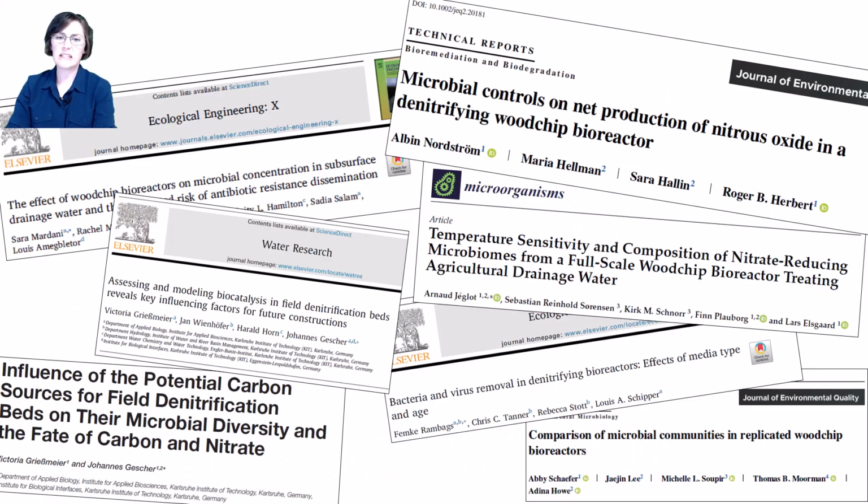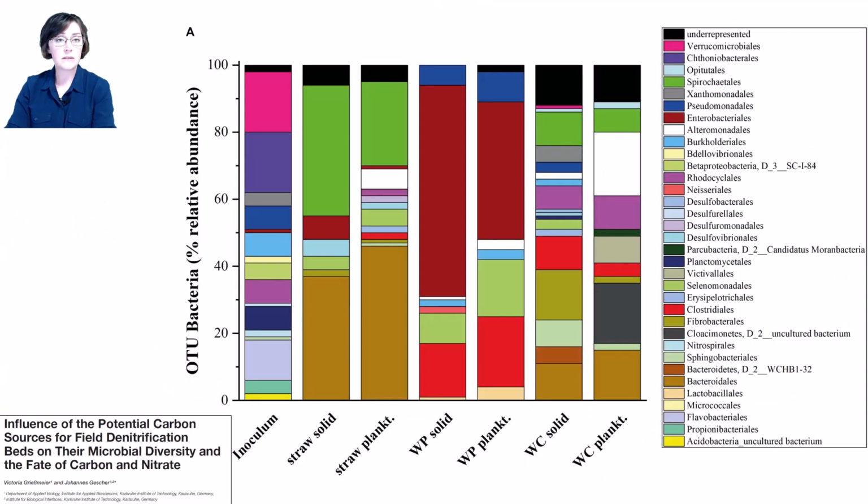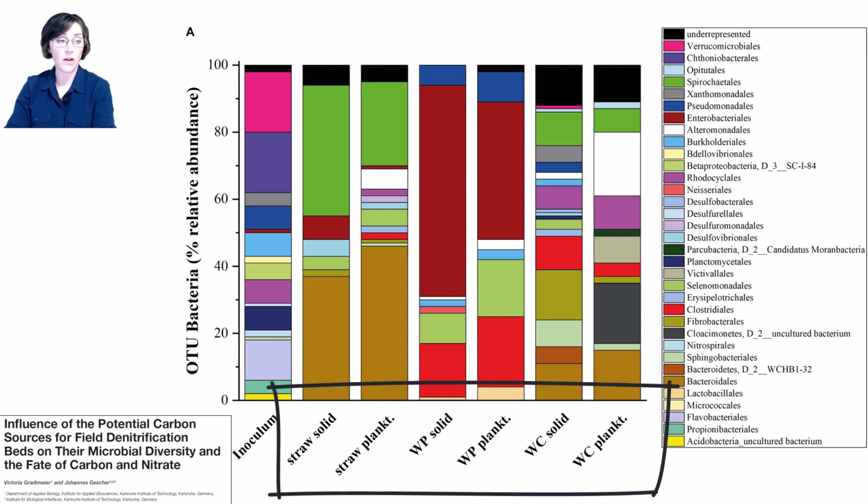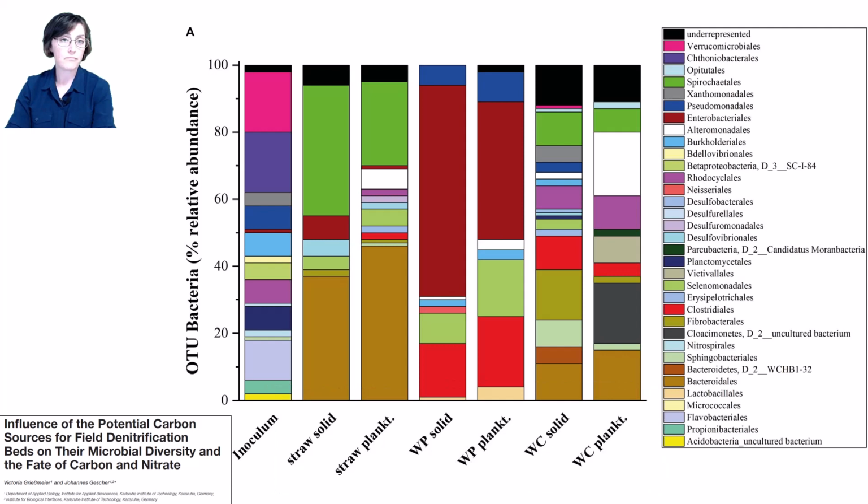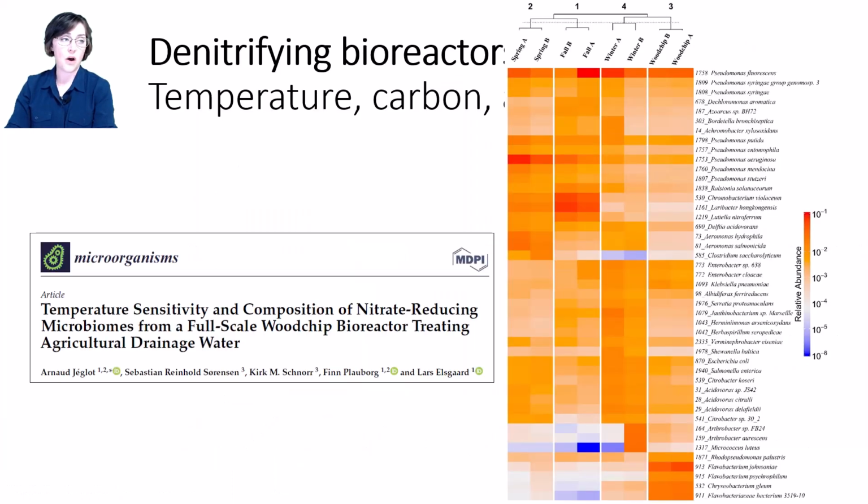But autotrophic denitrification is really more of a niche process, so when most people talk about denitrification, they almost exclusively mean heterotrophic denitrification. Lots of work is happening now to better understand the microbiological community in bioreactors. For example, the study showed that the diversity and composition of the microbial community depended on the carbon source. Pseudomonas is always a popular denitrifier, as well as types of Thiobacillus and Micrococcus.